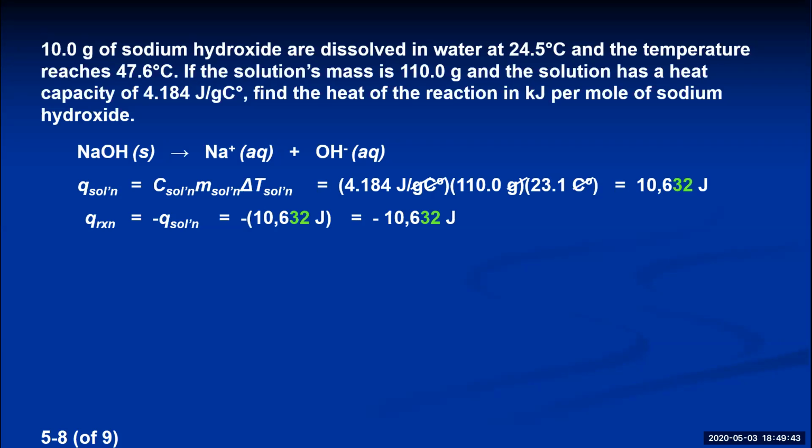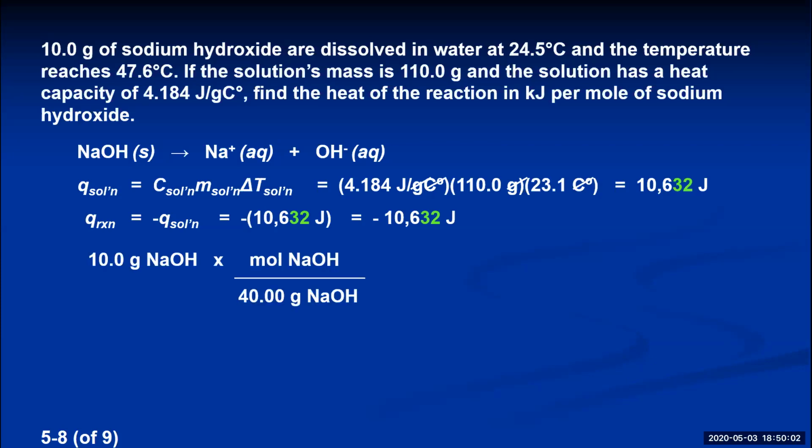So sodium hydroxide happens to be a reactant in this reaction, and so it all reacted away, all 10 grams, so that actually makes the problem a little bit simpler. We don't have to do a balanced equation and calculate how many moles of products were produced. If you want to know the heat of the reaction per mole or per gram of a reactant, you just